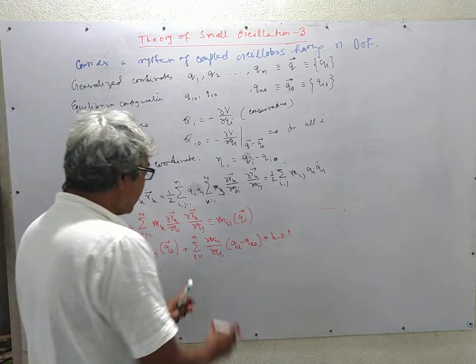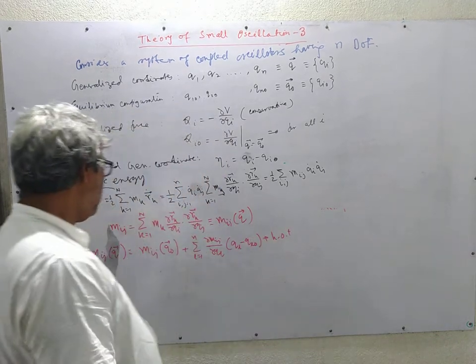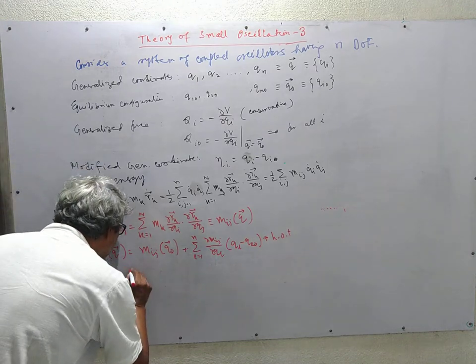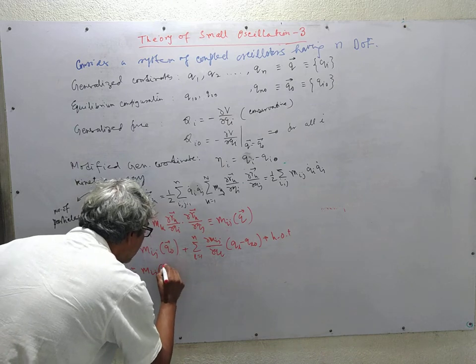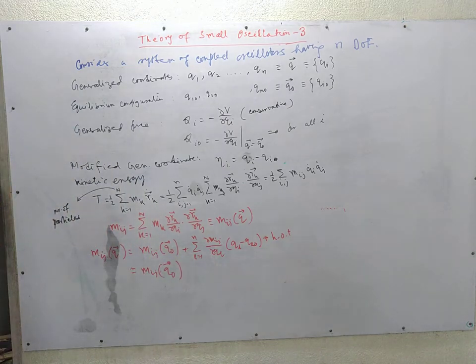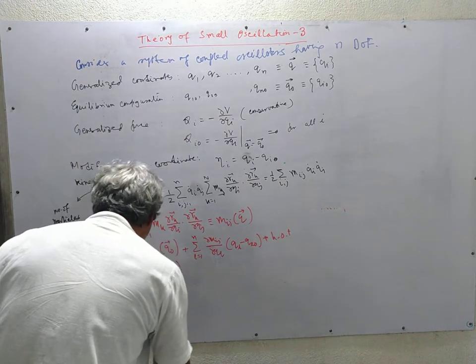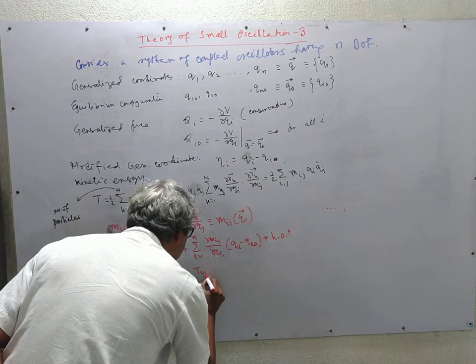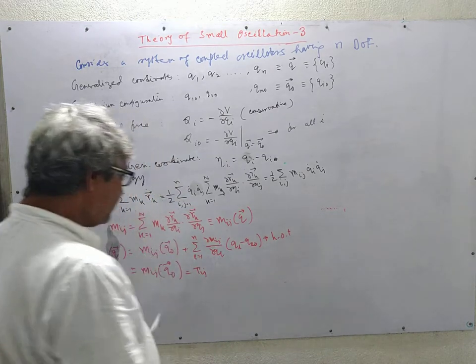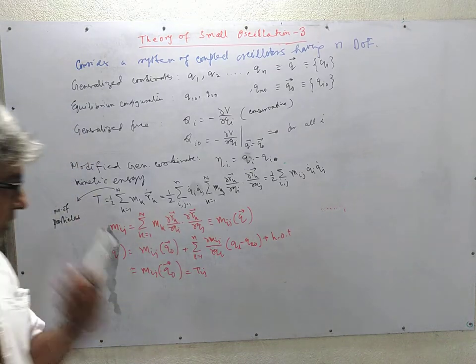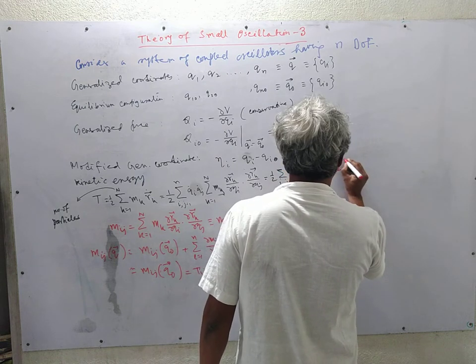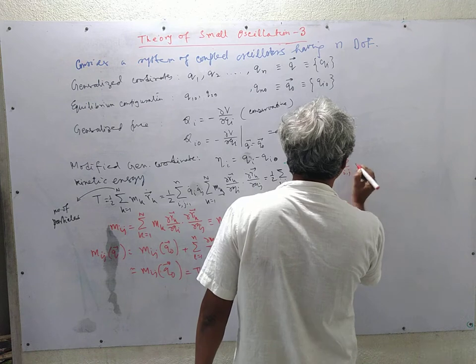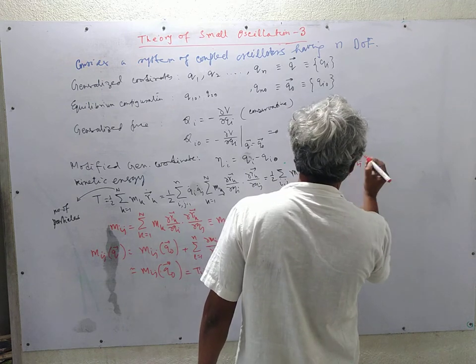Here we assume that these parts are negligible, and so that we can approximate it to be mij of qz, in which case we write it as Tij. Note that Tij depends only on equilibrium configuration, so we write it as half summation over ij Tij, and